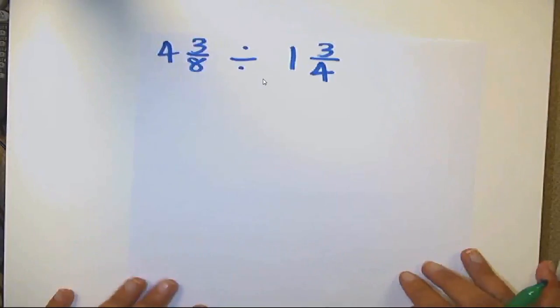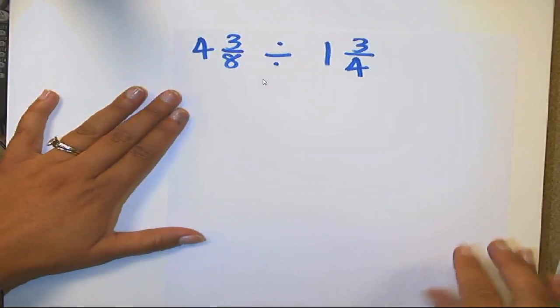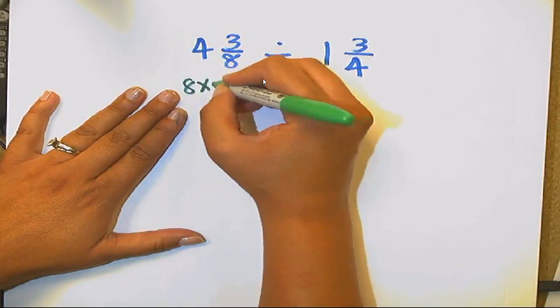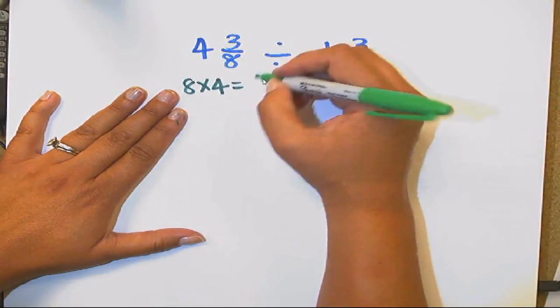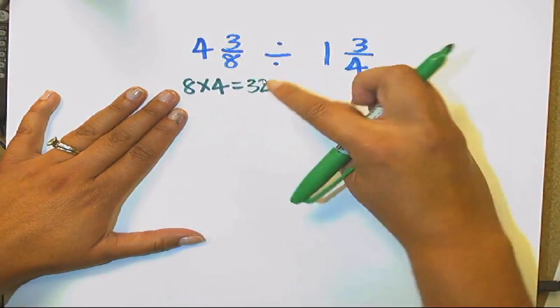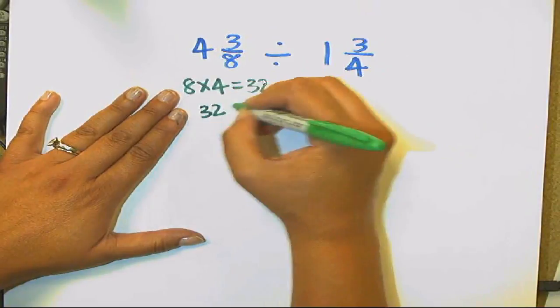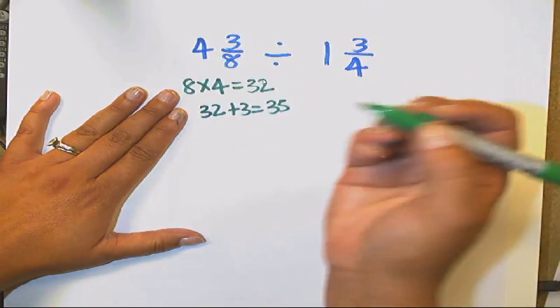Let's take this one. Let's take 4 3/8 divided by 1 3/4. Again, I'm going to get rid of those whole numbers first thing. So I'm going to take my denominator and I'm going to multiply whole number, and 8 times 4 is 32. I'm going to take that 32 and add it to my numerator. 5. So this fraction is going to be